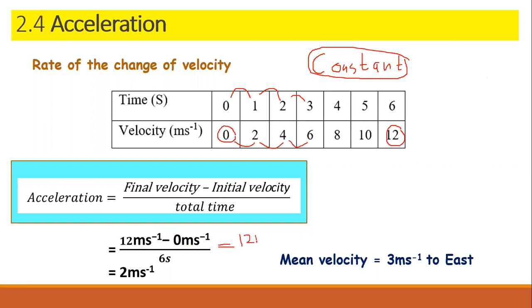So 12 meters per second divided by the time interval, the total time interval which has been spent in this speed, the velocity increment, is just 6 seconds. We have to divide the difference of velocity by time. 12 divided by 6 is 2 meters per second. That is our answer. So the mean velocity is